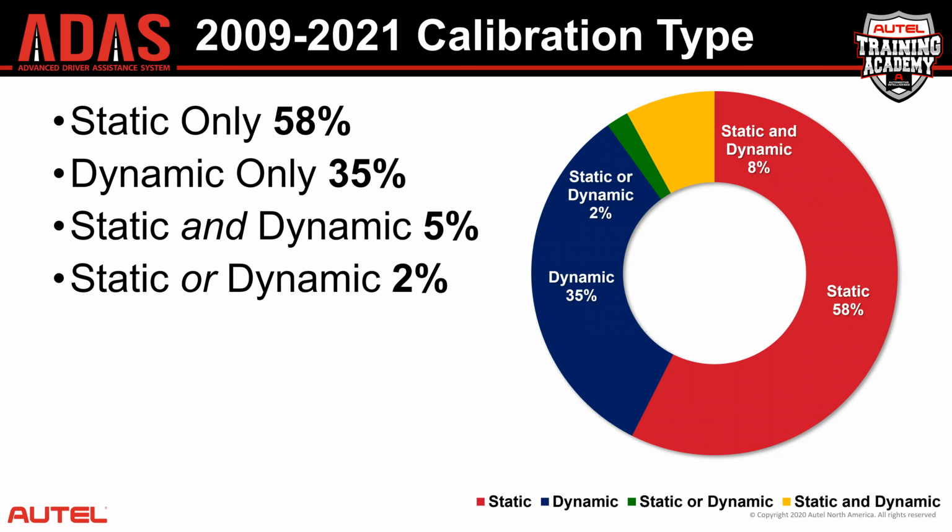Static and dynamic, in other words, dual calibration, actually it's 8%. I forgot to edit the actual note here. Static and dynamic calibrations are now at 8%. And there are some vehicles, like certain Mazdas, that are an either or. You can perform a static or a dynamic, and those account for approximately 2% of the total car park in the United States. So if you add this up, if you think about what kind of calibrations are you going to perform in your shop,